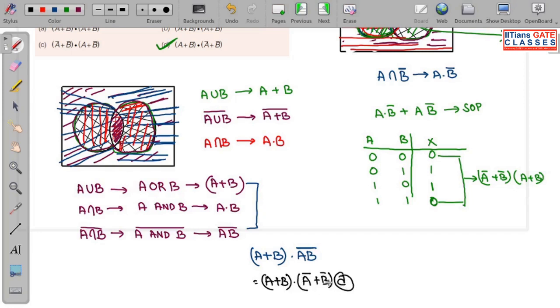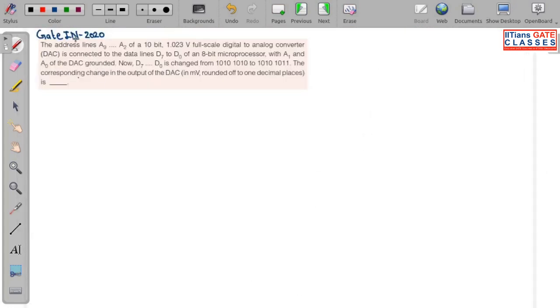So you can solve this question by any method you want. Whichever method you think is simple, you can solve it. It totally depends upon you, how you see the Venn diagram, how you decode the Venn diagram, how you consider the values and how you solve it. This question was also asked in IN, and this was also a very simple question. The only thing is the language they have given is a little bit tricky and lengthy to decode.